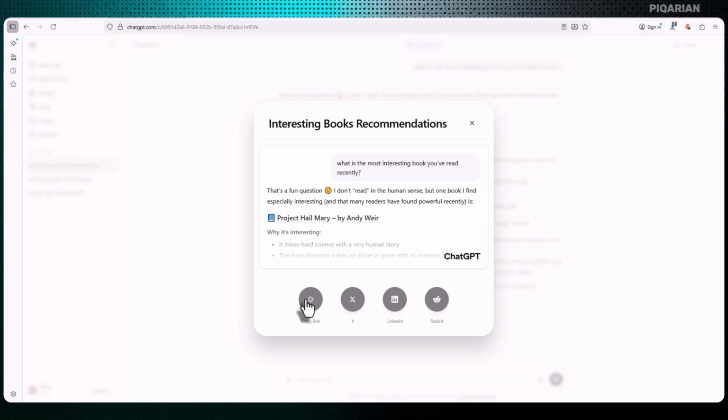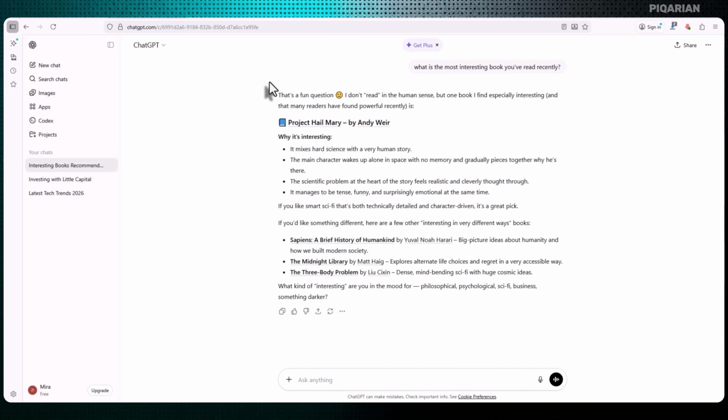Why does OpenAI make us go through this specific process instead of just letting us copy the URL from the browser bar? Well, the URL in your browser is tied to your specific account and session. If you just copy that and send it to someone, they'll hit a login wall or a 404 error because they don't have permission to view your private history. Creating a shareable link essentially makes a snapshot of that conversation at that exact moment in time. This protects your privacy while still letting you show off the